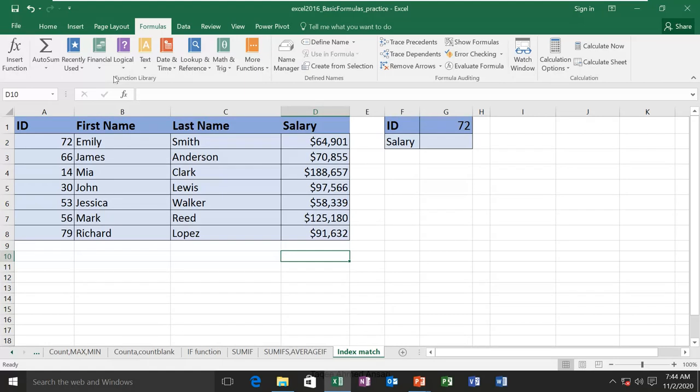Now suppose you know what you want to do but you don't know what function you should use. Then you can search by using this insert function command.